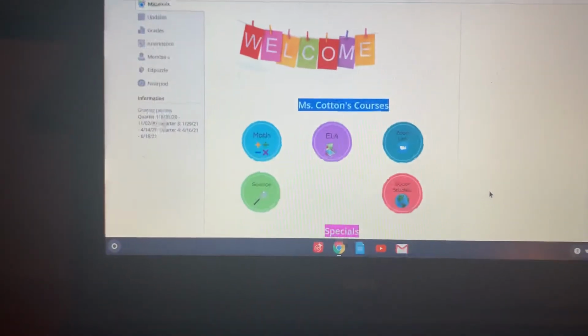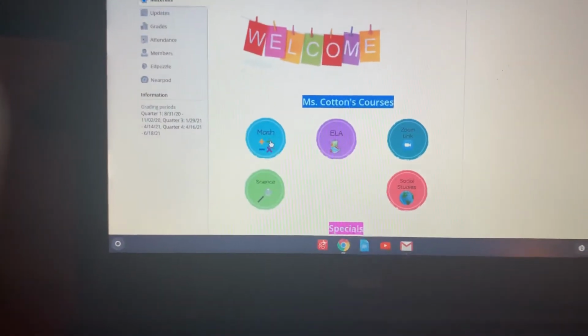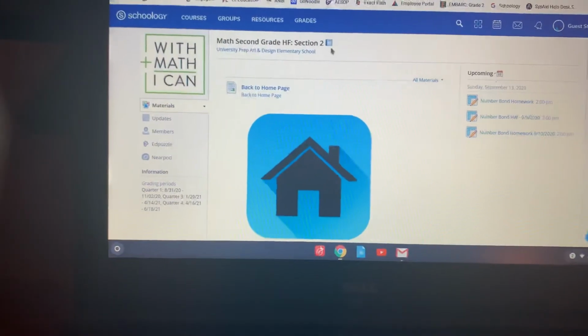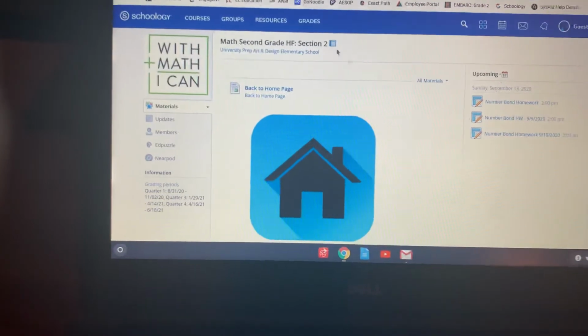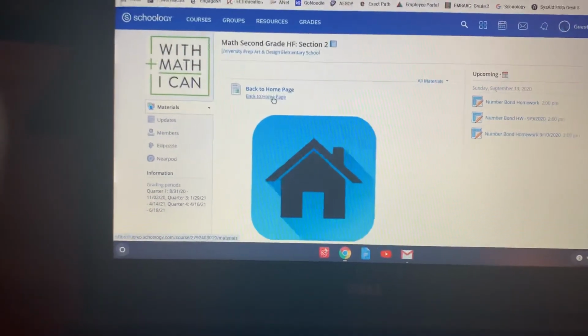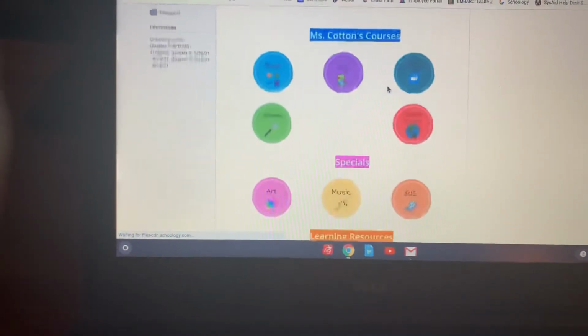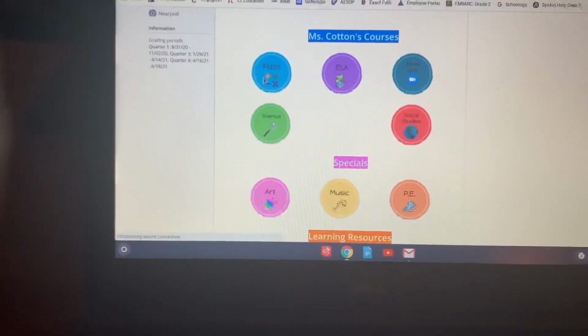So going back up, if you're trying to look for math homework, you will click on the math button. As you can see here, you only get one icon. So in order to go back to the home page, you have to click this link and it will take you back to where you need to go. So if you're trying to go to math,